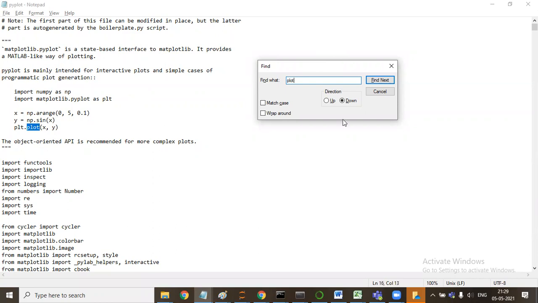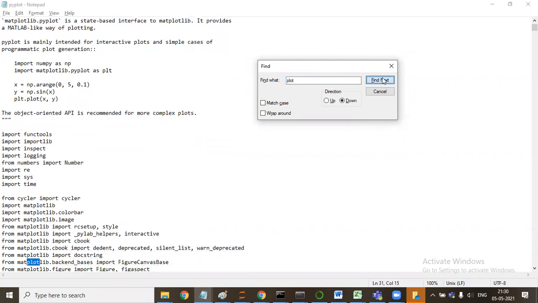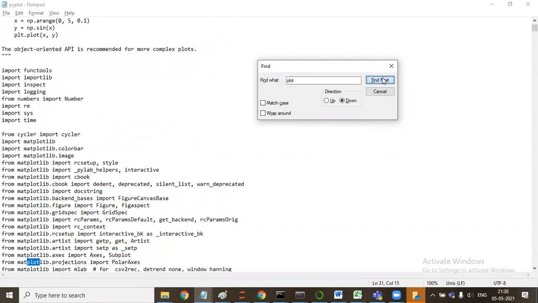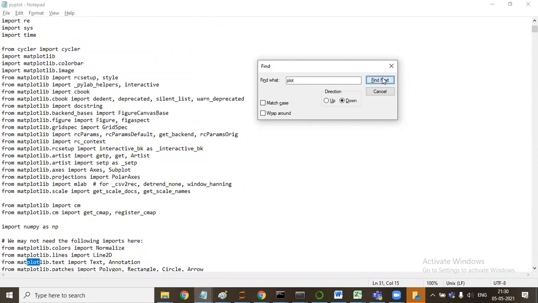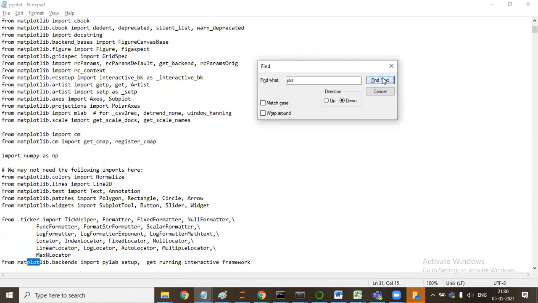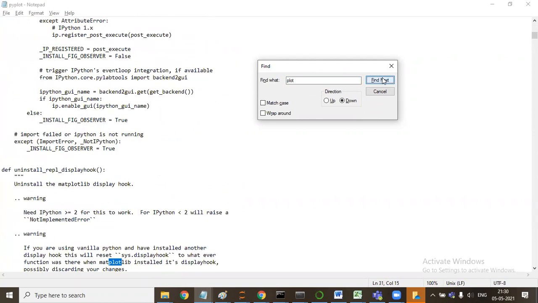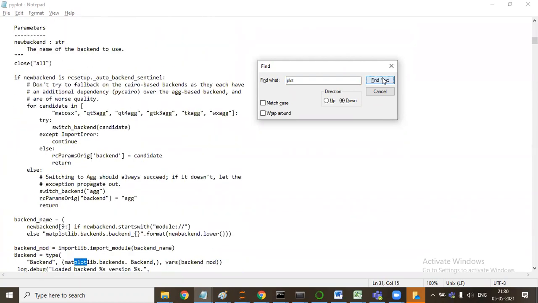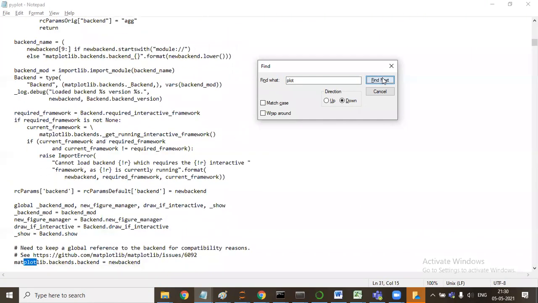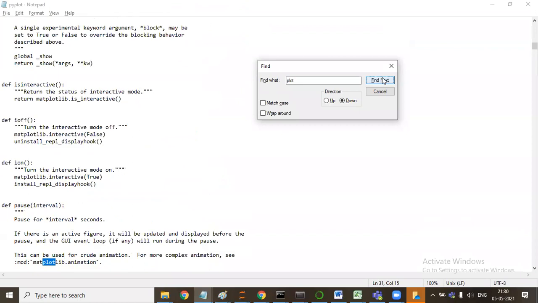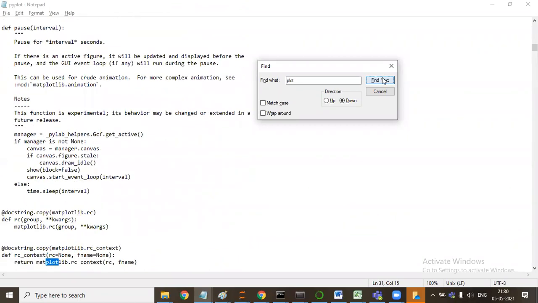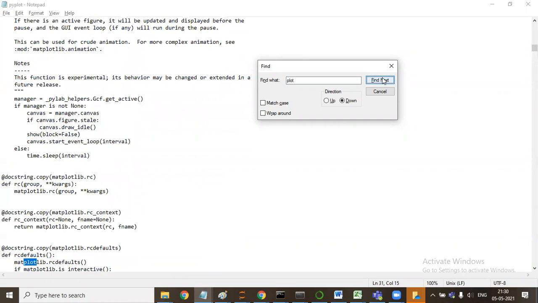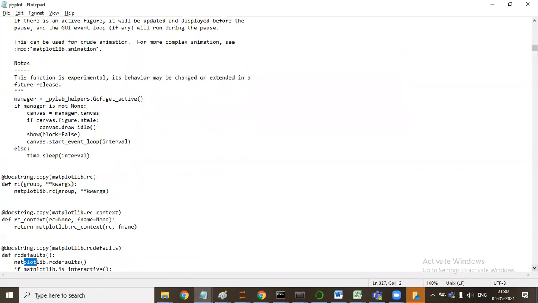So plt dot plot is one thing. Import matplotlib. This will have plot as a library that is defined, which has certain capabilities. Somewhere you will find a plot kind of function that is being defined here.